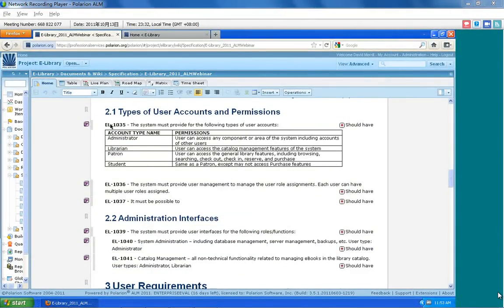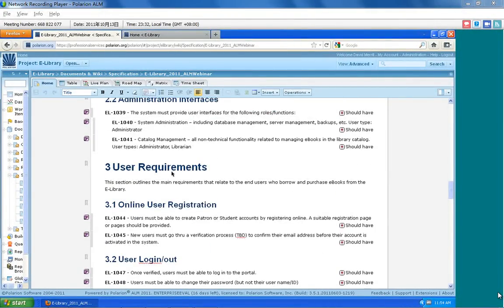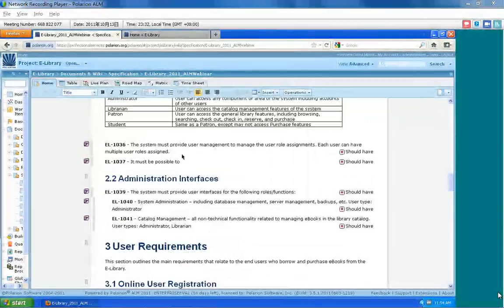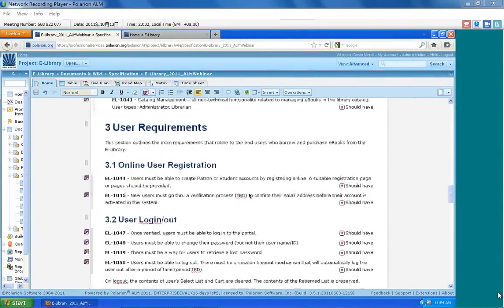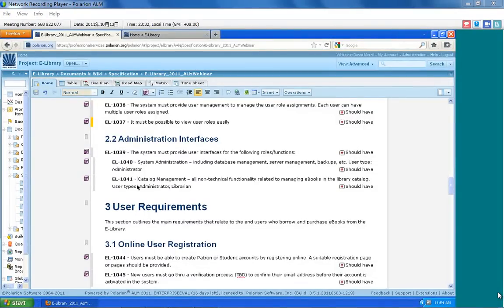So now you see that they've been assigned serial information, that they contain the same tables and title and data that we had before. So if, for example, I need to come in and refine this document, like here I have an empty piece here, it must be possible to view user roles easily. And so I can simply evolve more requirements beyond the document as necessary, or I could take two requirements here,